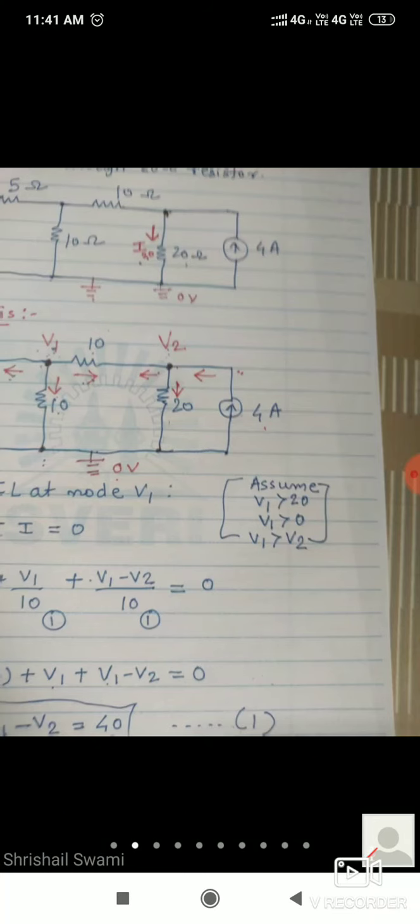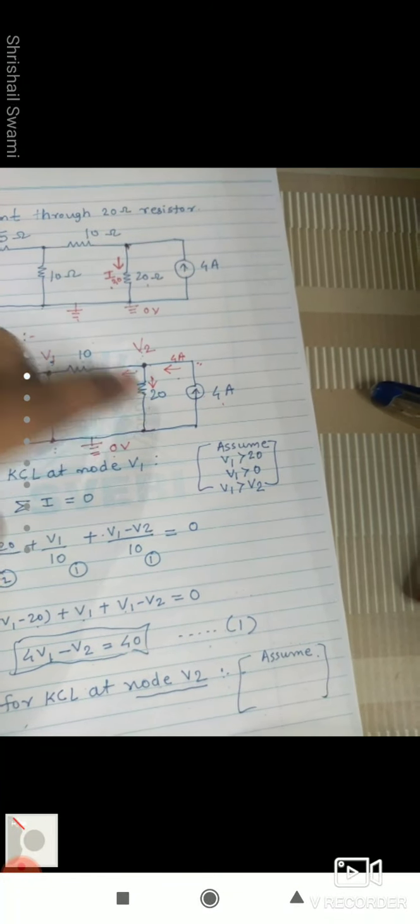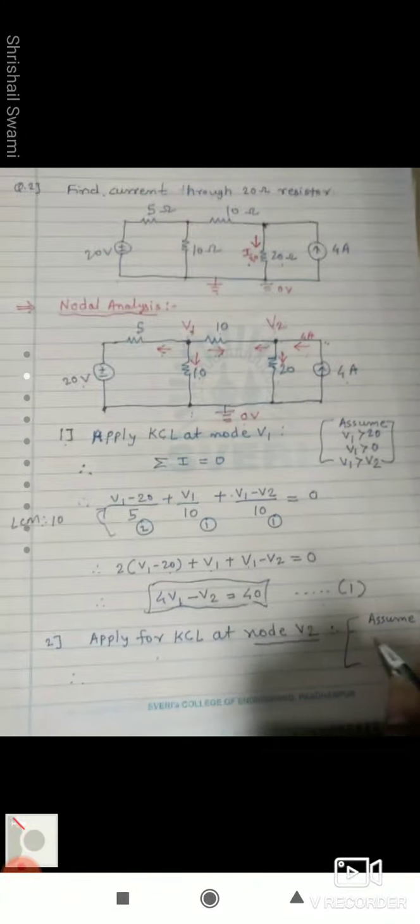But the current in this branch is known, that is 4 ampere. 4 ampere is given. So take it as it is. As it is, you can take the direction. It is flowing in this direction. Okay, it is flowing in this direction. So take as it is, and this value is 4 ampere. So one is incoming and two are outgoing. This is outgoing and this is outgoing. Okay, so outgoing currents are positive, incoming currents are negative. So write the equation here. So what is the assumption? V2 greater than V1. V2 is greater than V1. You have to assume.